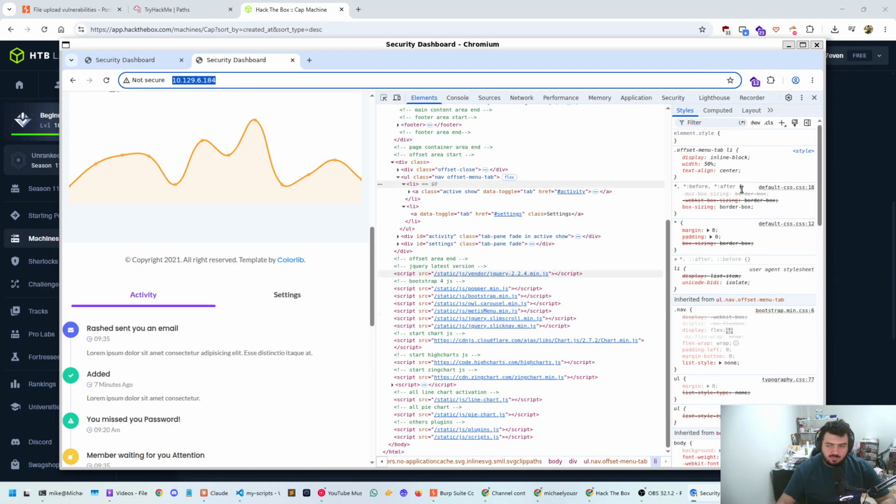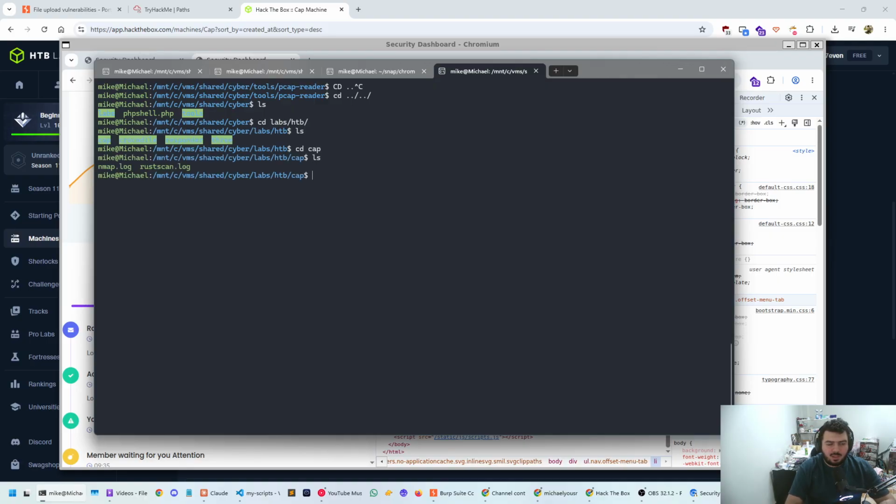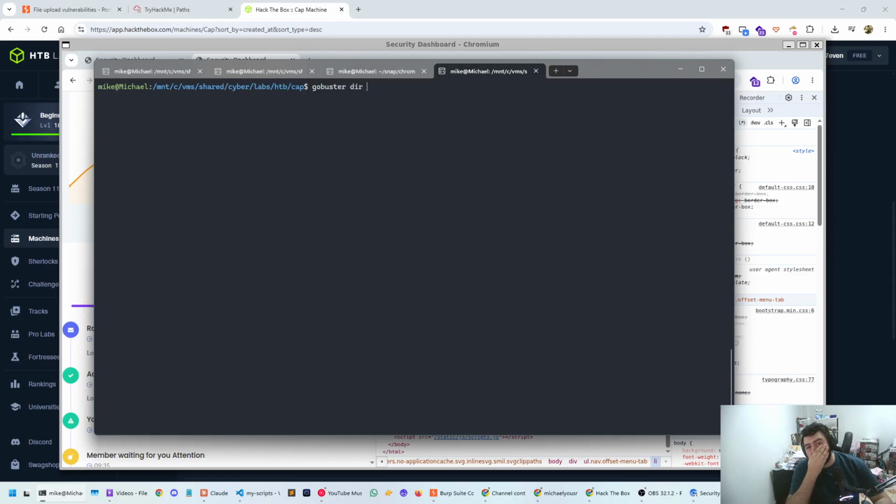You know what? Let's just do a freaking Go Busters scan on this. I should have maybe started with this like a while ago. But let's do it right now. So here I'm just gonna go labs, HackTheBox, and then cap. And then we're gonna go Buster dir, and then tag U for the URL. And then the tag word list is going to be